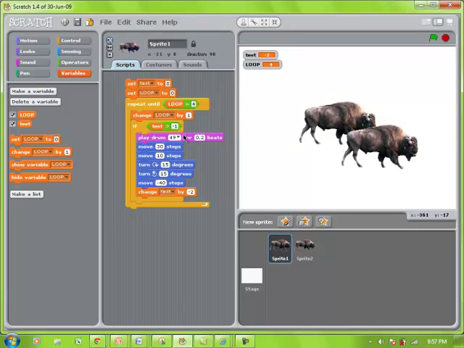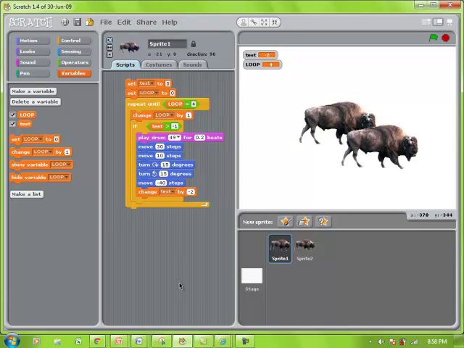If test is greater than -1, then here's our sequential statements. Play the symbol, do this move, turn, and move back. And then change the test by -2. So in other words, it's adding -2 to it. And if you look at this bracket, that ends the if condition. And if you look at the second bracket, that ends the repeat or the loop. And so that is how we accomplished those 4 statements in